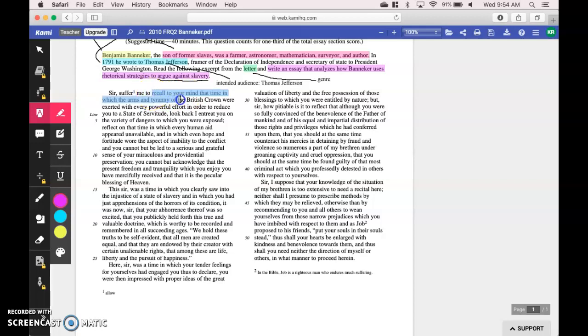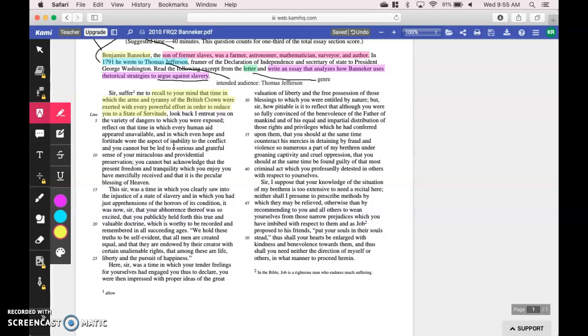in which we were fighting and trying to protect our land from the British crown. And that we were doing this in order to avoid what the British were trying to accomplish, which was forcing us into a state of servitude, meaning that they would take over our country and we would now have to bow down to the British. So he's using this recall of a historical event that's happened within the last 20 years